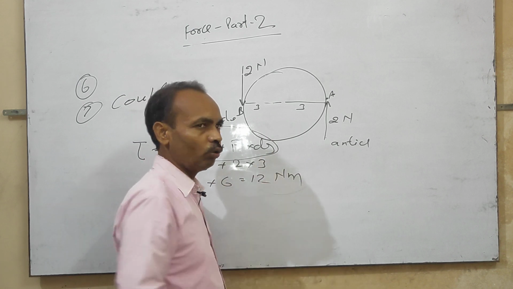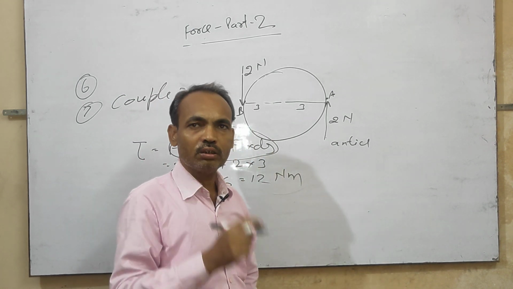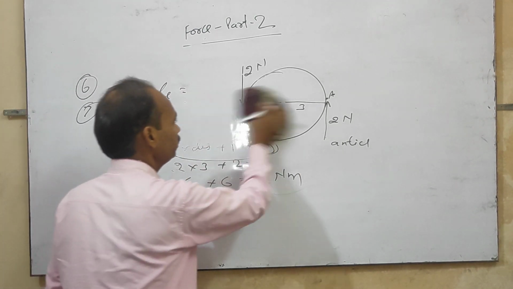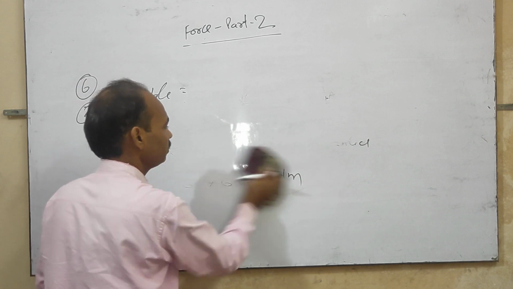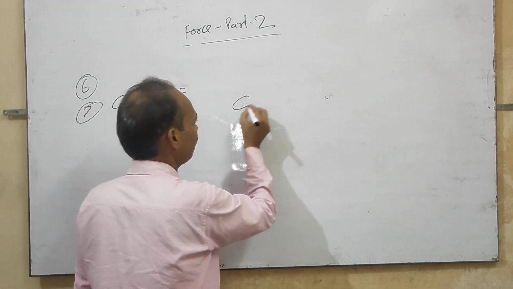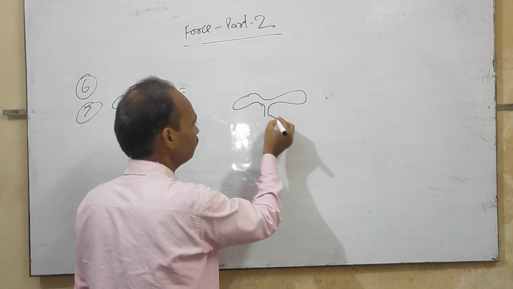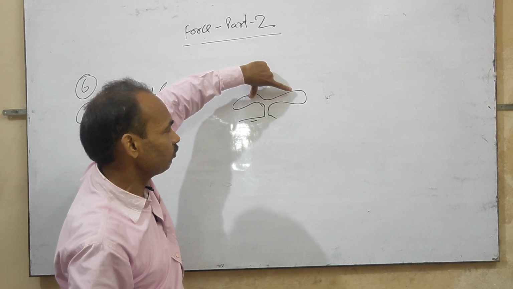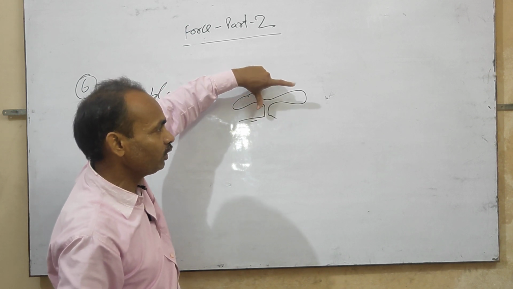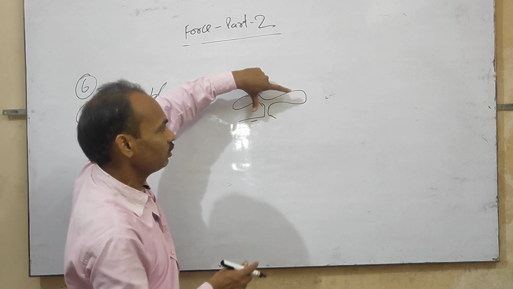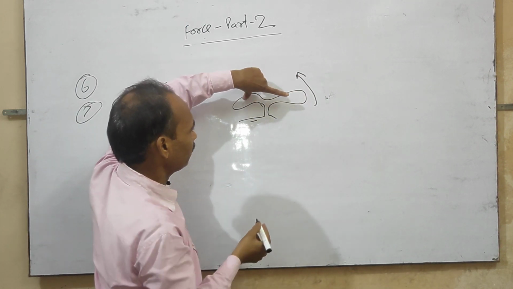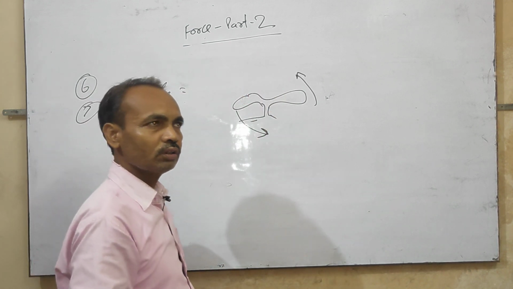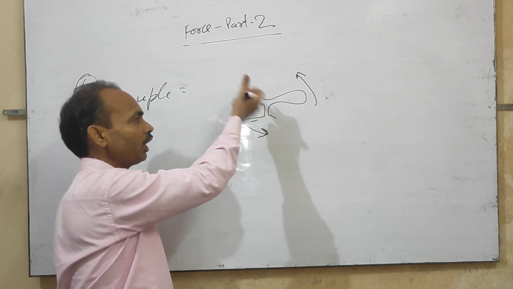If you apply the force in a pair, you will always get more torque. The next point, in the type of water supply system, you will open the tap by applying two forces continuously and simultaneously, one finger at this point anti-clockwise and the second at this point anti-clockwise, so the torque becomes double and you can easily open the tap.